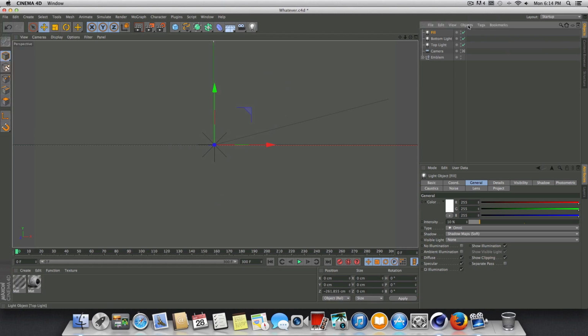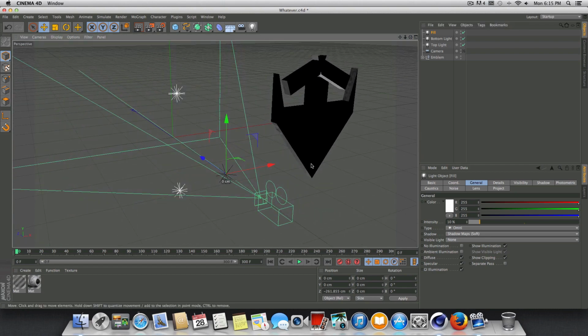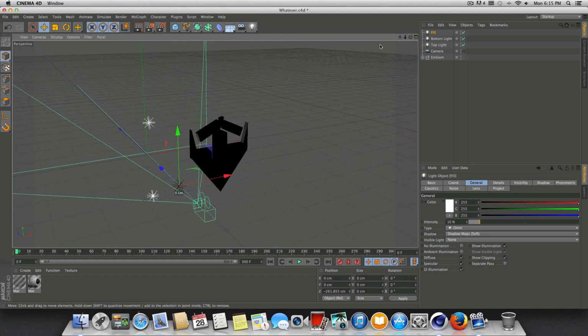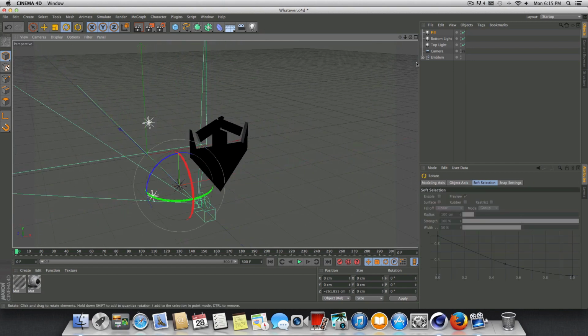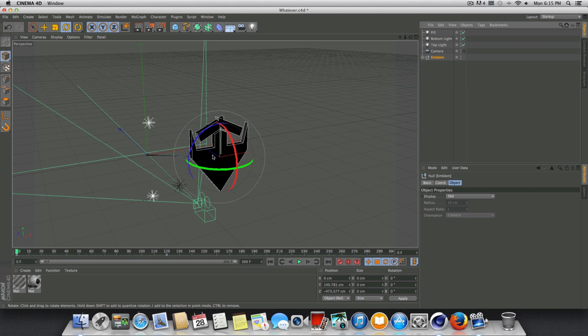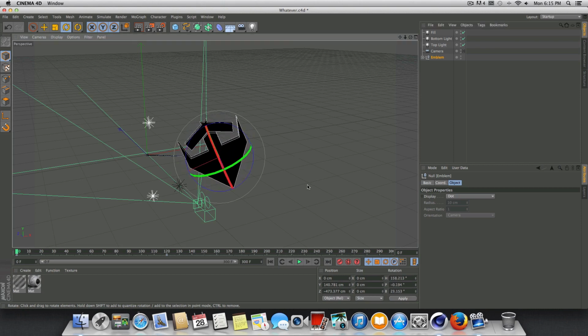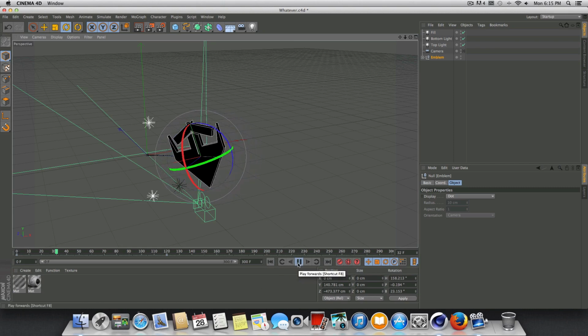Alright, so with all that stuff covered, I think we're ready to add the last bit of animation to this emblem. Let's check off our camera once more. And on frame 0, let's select the emblem here, and give it a nice little random rotation. Don't click on any of the axes, just do a nice little random move and press the keyframe button once you've made the move. And then whenever we play this,